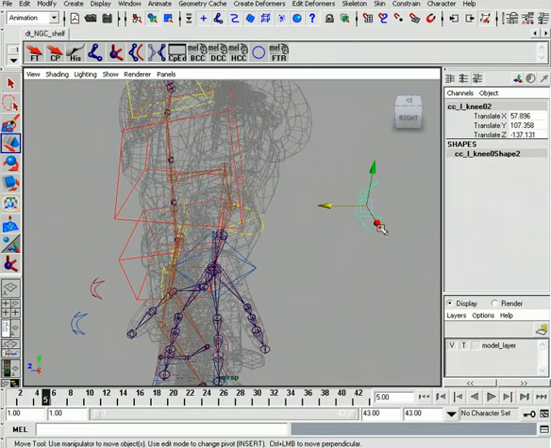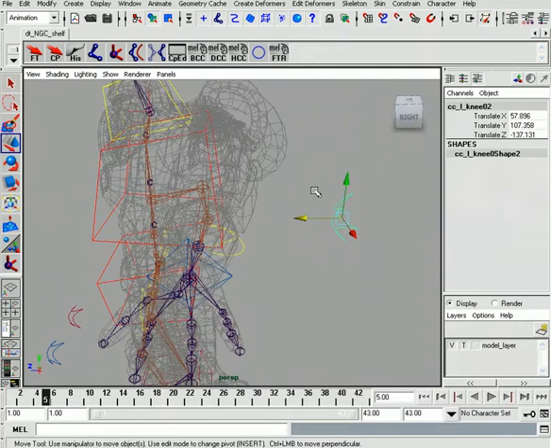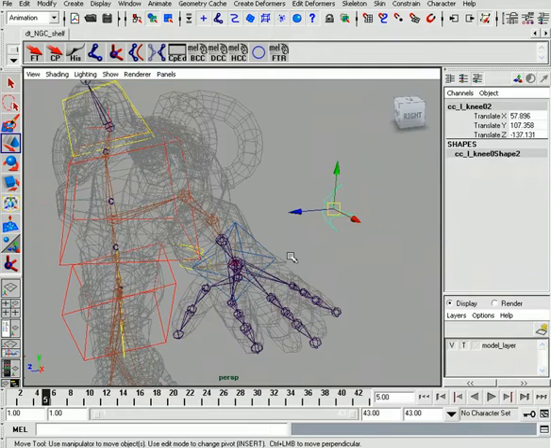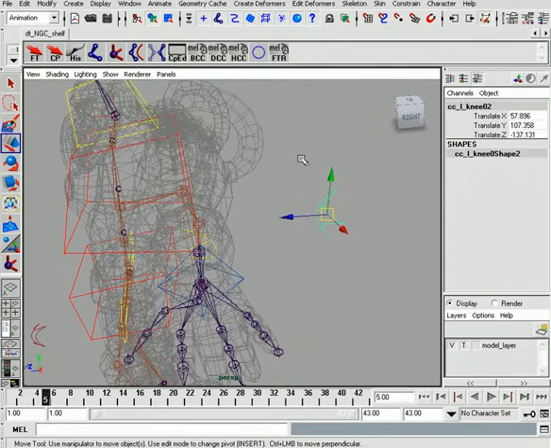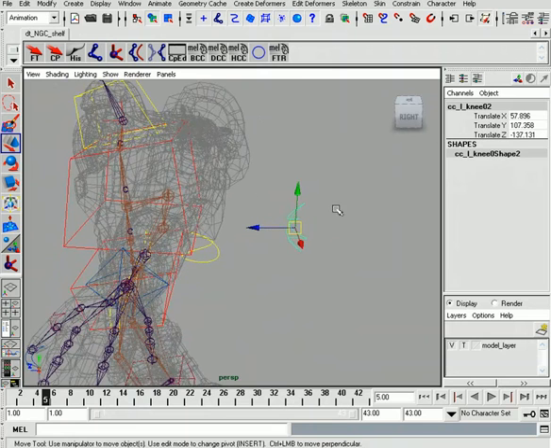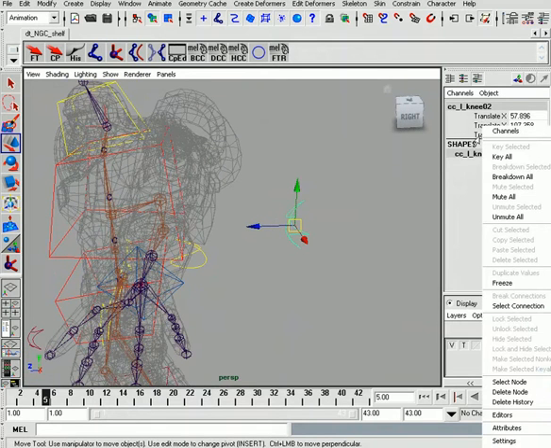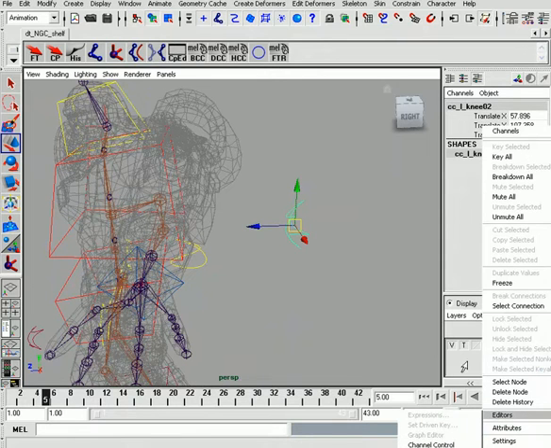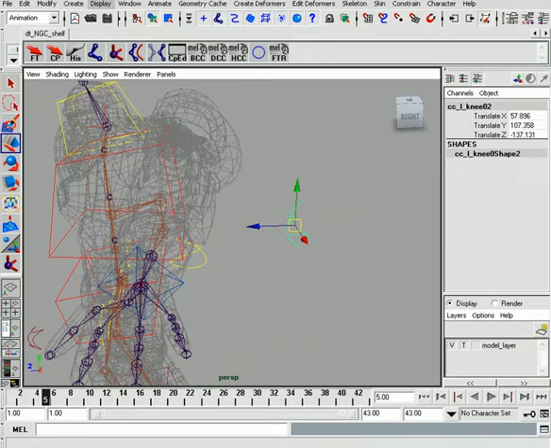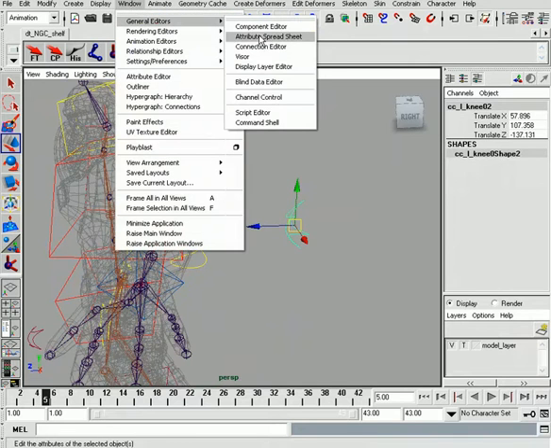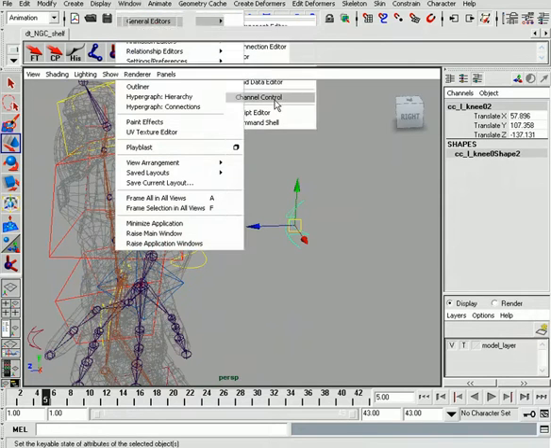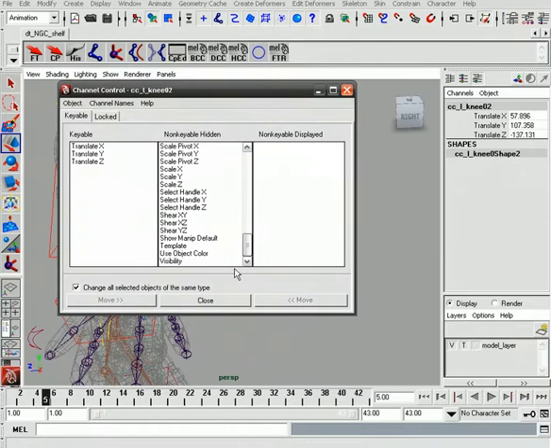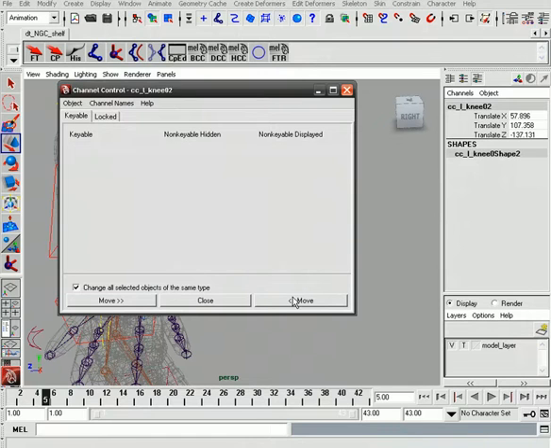Now, rotating it back, you could either use component mode to rotate it back, or if you wanted to get more specific, or just to have a full 180 degree flip, you could always bring back the rotation on this control. So we can go to editors and go to our channel control down from there in the channel box, or go to window, general editors, and then go down to the channel control. From there we can bring back the rotation of this object, unlock it,